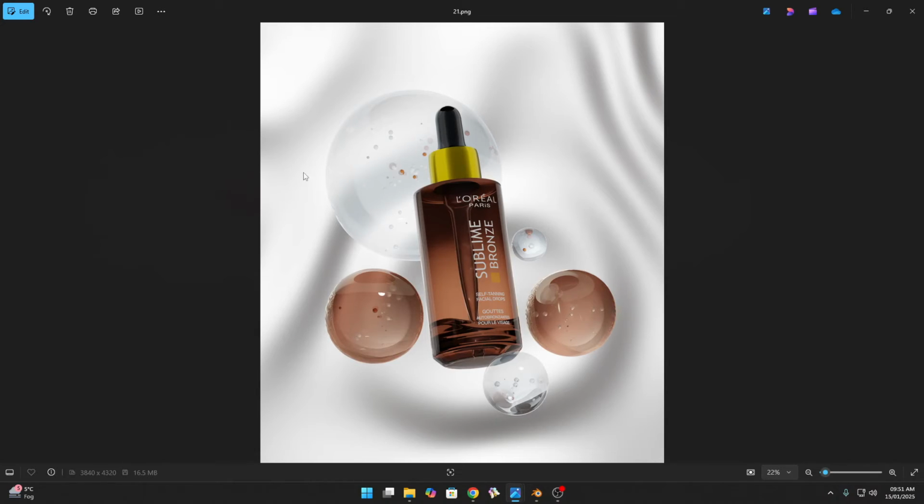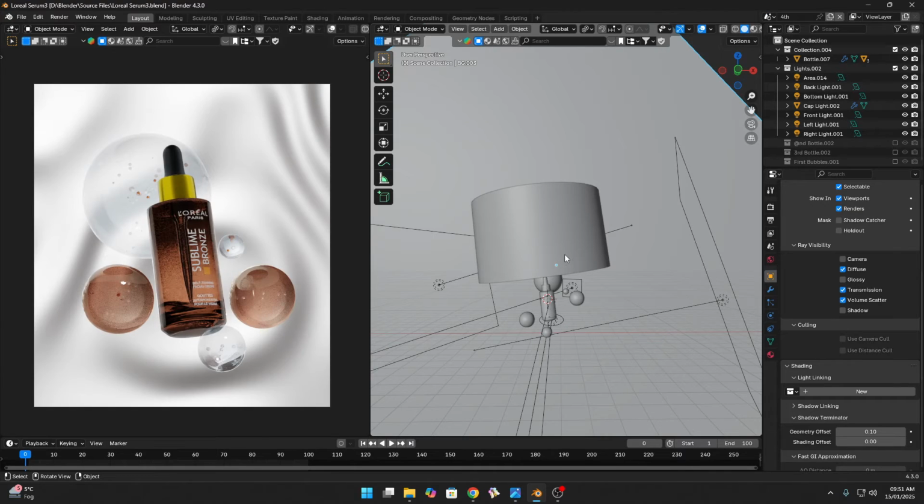So first of all, I will show you how you create this type of render, because sometimes the most important part of your product visualization is the lighting. Because if you have a simple background and a simple product, it only looks beautiful through lighting. And if you spend hours on modeling and texturing and still don't know how light works, then your renders won't look professional.